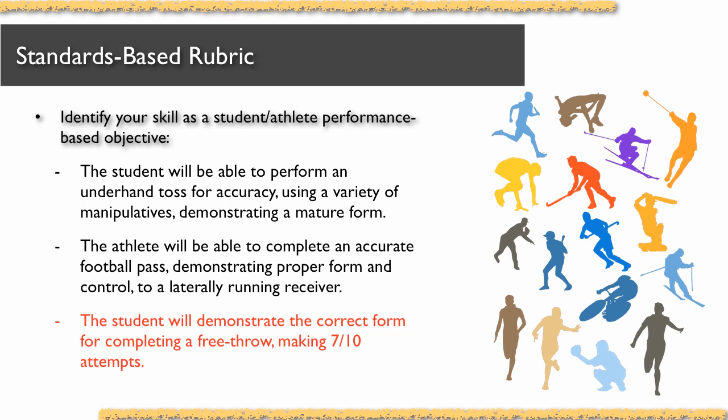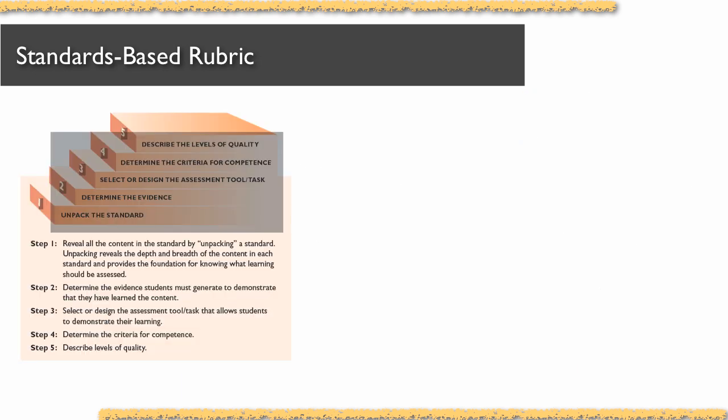There are some professional athletes who cannot complete 7 out of 10 free throw attempts. So why would we use this criterion to assess a student? I would discourage you from including an outcomes-based criterion in your rubric. You want to focus on and teach or assist in the development of a particular skill that is observable that you can assess. The next step for you is to understand the 5-step process in assessing and follow the model